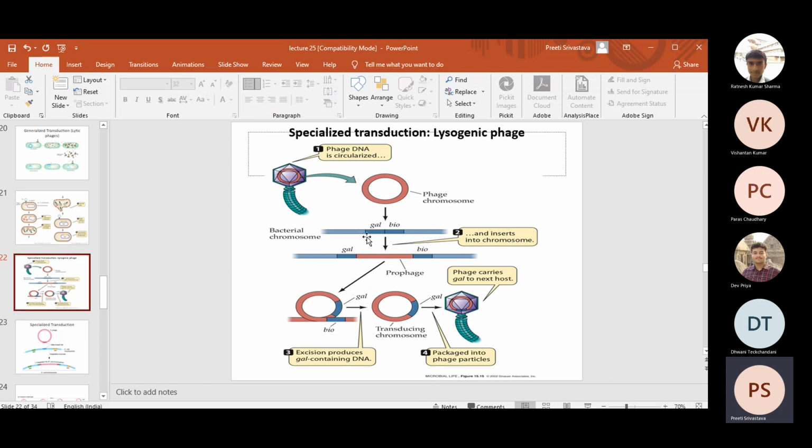So you see the phage chromosome, this is gal and bio, and we have discussed that the integration is going to happen at the att site between gal and bio, correct? Yes, ma'am. Right. So what I wanted to show over here was, in case of a clean excision, you can have gal and bio maintained, but in case of an excision which is abnormal, some part of the bacterial chromosome can also come. So for example, in this case, in the phage DNA, some part of gal DNA has also come. So this gal DNA can now be transferred to the next host.